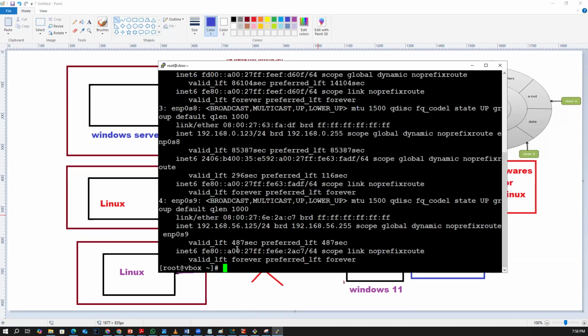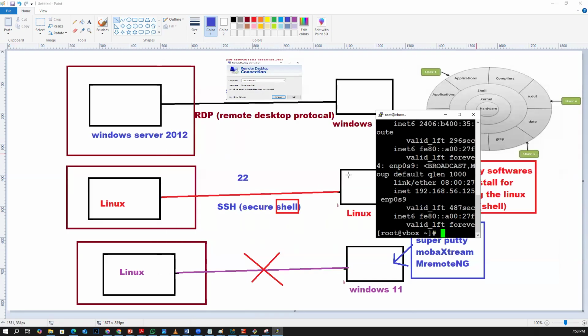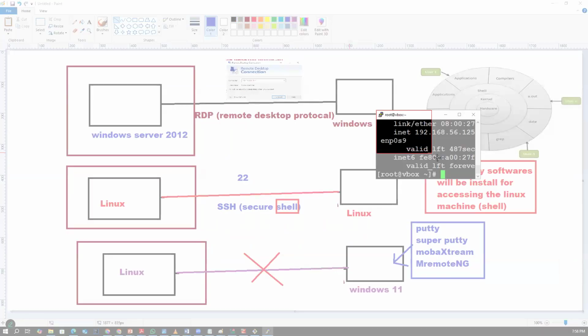So what is the IP address of my server? My server is 192.168, right? Our assumption, guys. This server is in, where is this server? This server is in